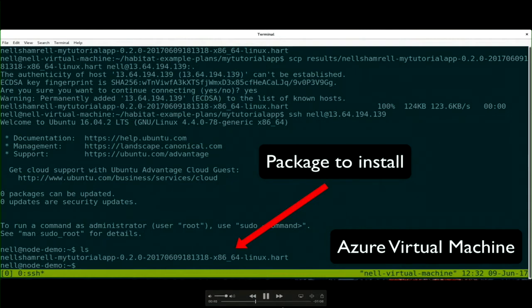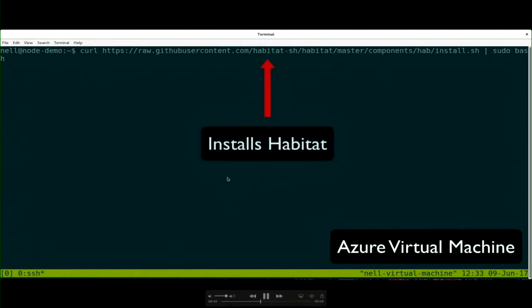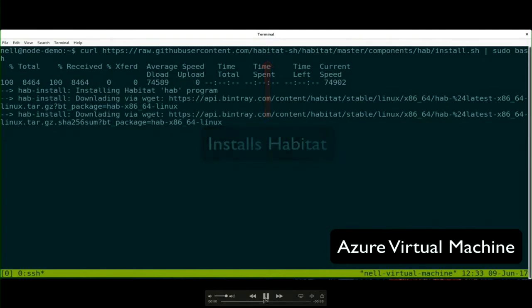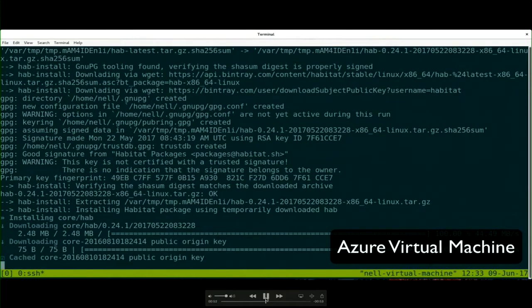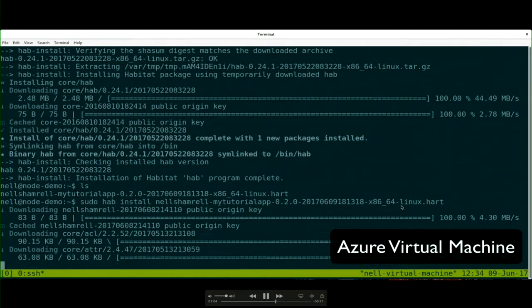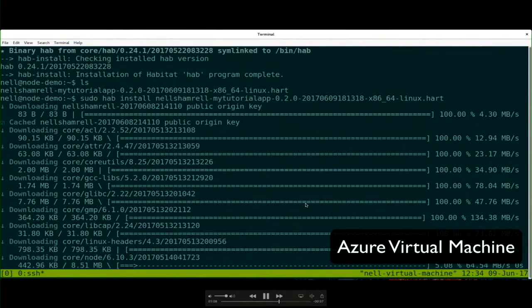We're on the virtual machine now. In order to install that, I am first going to install Habitat. Remember, I've done nothing to this virtual machine other than set it up through the Azure web framework. So once I install Habitat, I can then install this package. Sudo hab install, and then I'm going to put in the package itself. That's going to go ahead and install it, and I sped this up just a little bit